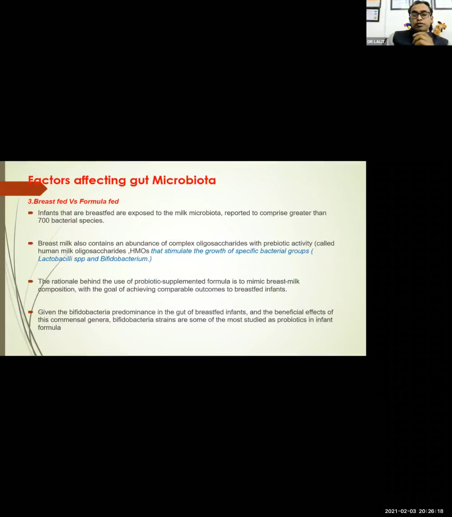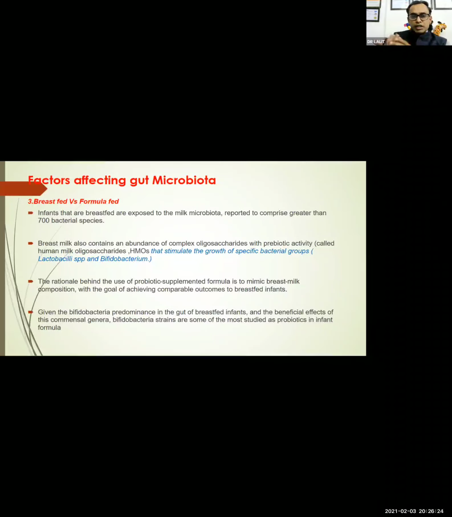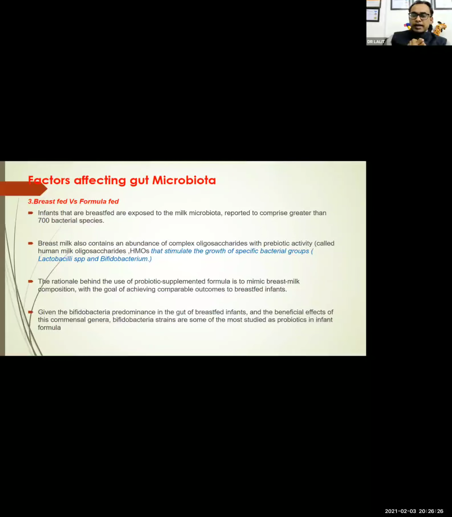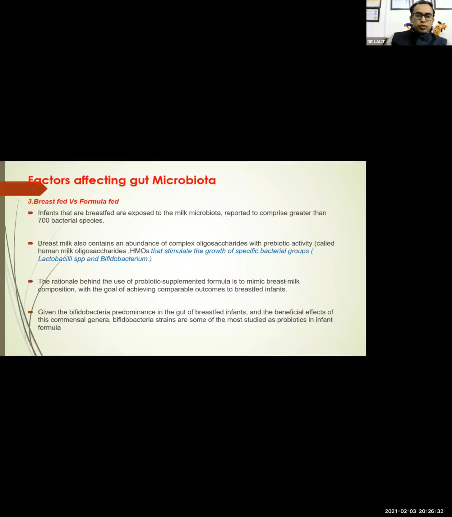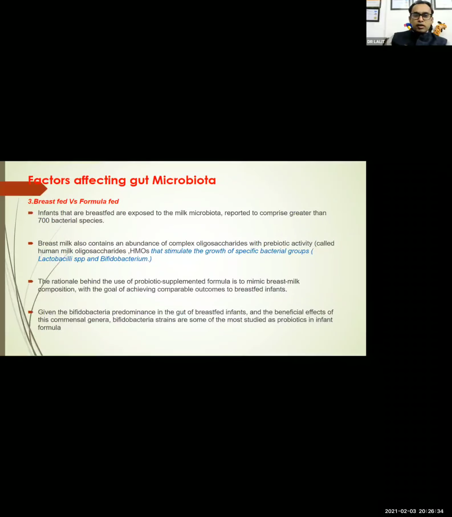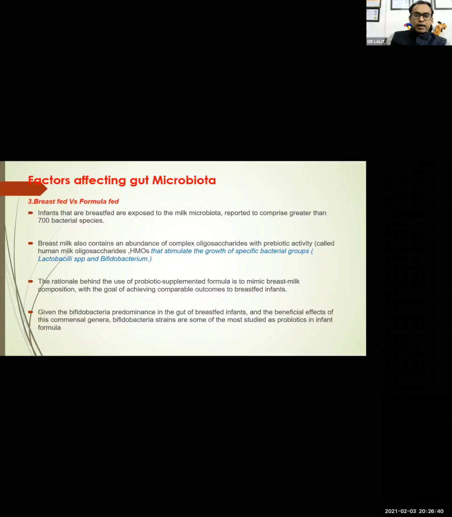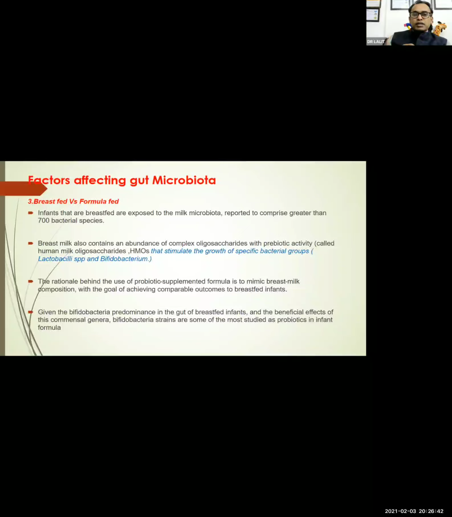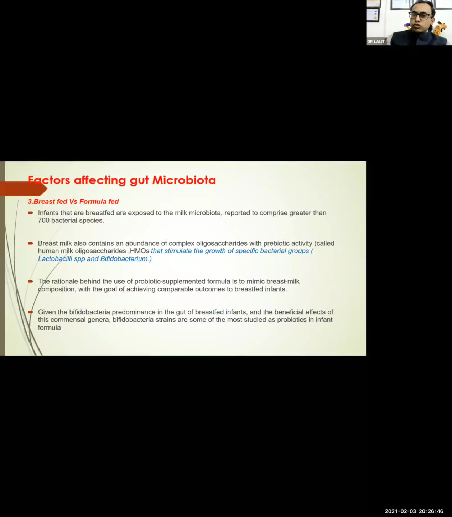Another important factor to discuss here is breastfeeding versus formula feeding. Again, it comes related to epigenetics. The lifestyle is such that the mother has to run to the office. She's running short of time. She has to report to her boss at 9 o'clock. The child here is crying. The grandma is shouting at the back. The whole scenario is happening. Those are the things which affect even the feeding, and ultimately we are forced to switch to